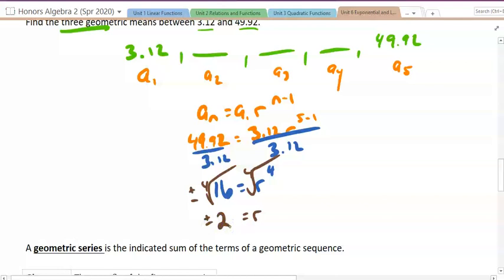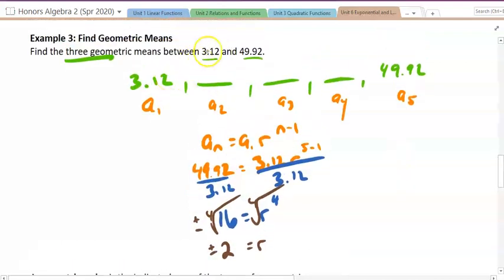Now that seems a little strange, right? But it's not, because either answer makes sense here. And watch what happens. So to get this a sub 2, I can multiply by positive 2, right? And I would get 6.24. But I could also multiply by negative 2. And so it means that this would be positive or negative, right? I would then multiply that number again by positive 2. And that would give me